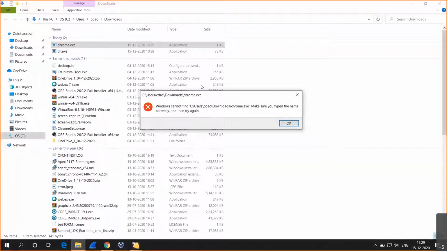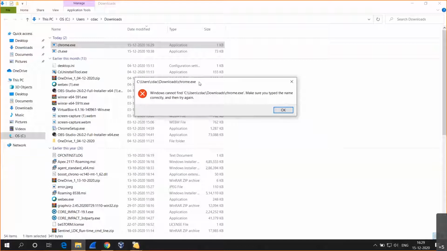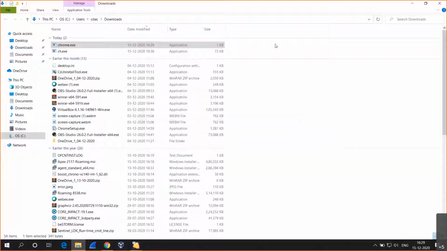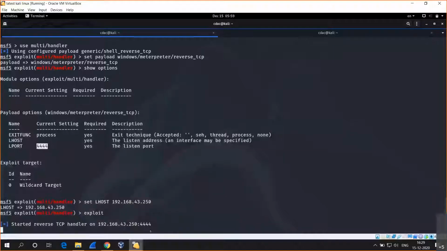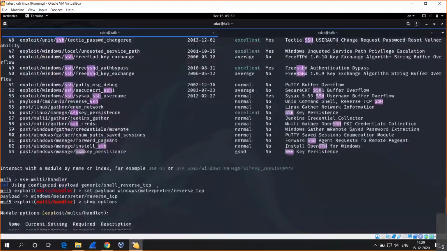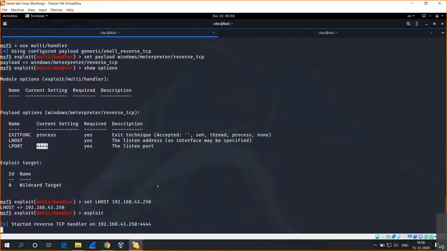Why is it mentioning that chrome.exe is already available, so we cannot use that payload. So we'll generate another payload with another name.